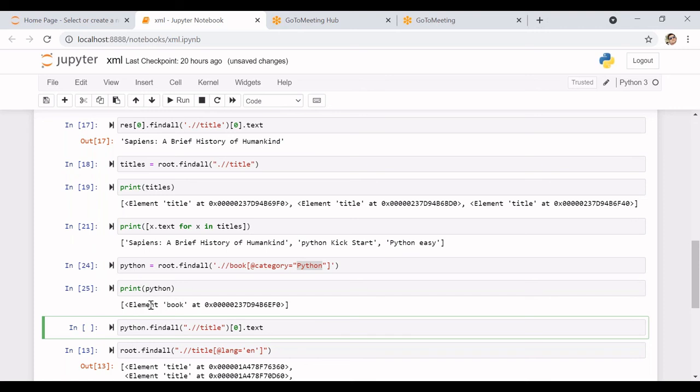So here I am giving python. Here it is nothing but the book element. From the book element onwards, from this specific element onwards, not from the root onwards. Check from this specific book element onwards.